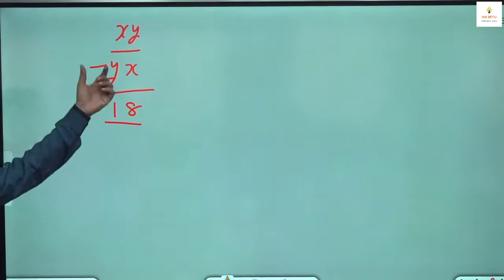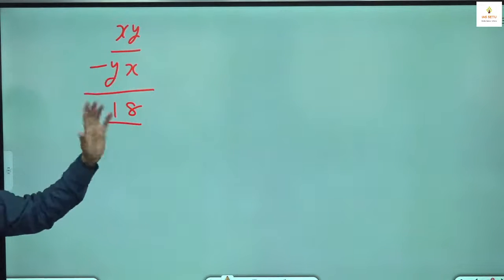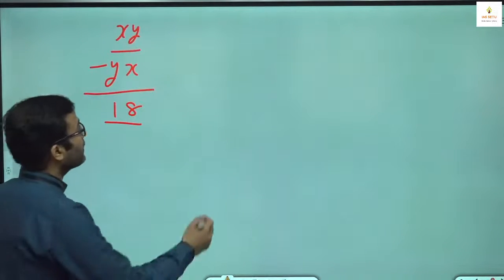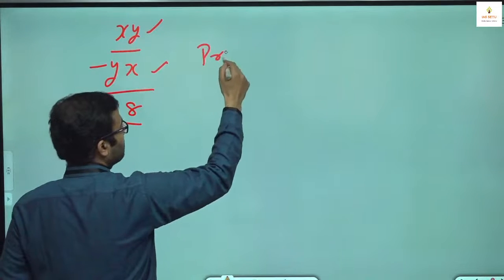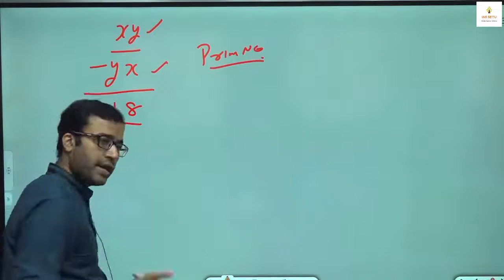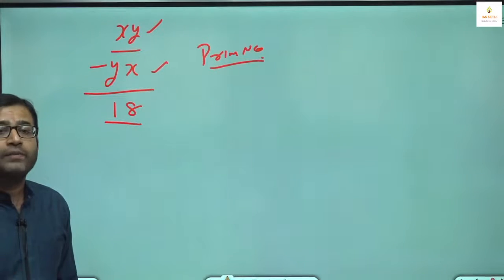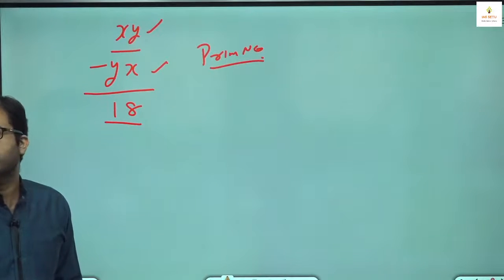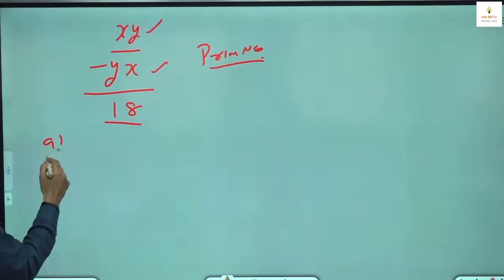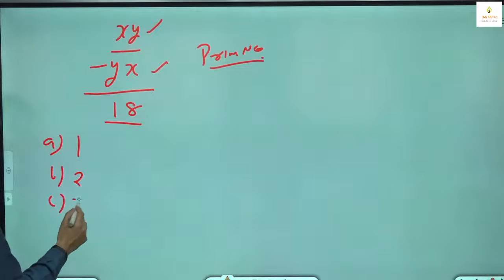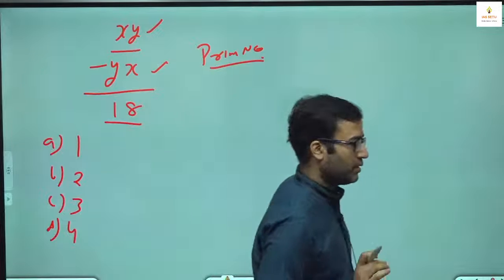I repeat, we take a 2-digit number, and when we reverse the order of these 2 digits and subtract from the original number, our difference is coming 18, and then it is given this number and this number both are prime numbers. xy is also prime, yx is also prime. How many pairs of such numbers are possible? Answer options A 1, 2, 3. ठीक है सर, क्वेश्चन आ गया आपके सामने।